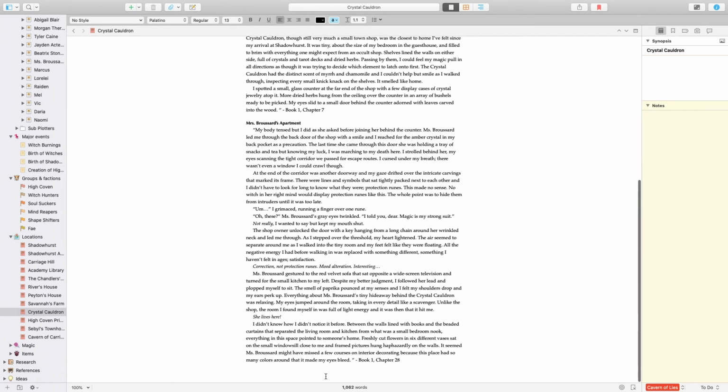And then we have Miss Broussard's apartment. And I put this in here because I knew that I was going to be referencing this again in the novella that I'm writing. So if you don't know, I am writing a novella for this series, and it actually follows Billy's mom. So it was before Billy was born. Billy's 17 in this. She starts at 16. She's 17 when you get to the slightly later books. I believe she turned 17 in book 3, when she's in the cavern. See, this is stuff I would have to reference here. And so I knew that I was going to write a novella